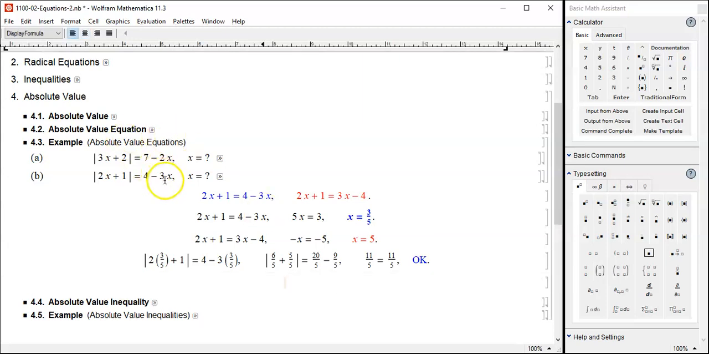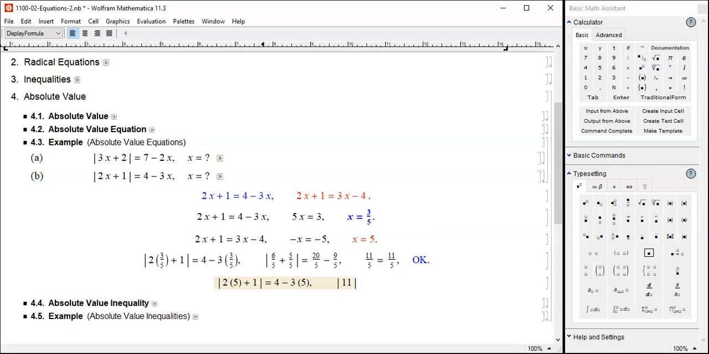How about the second equation here? Absolute value of 2x plus 1 equals 4 minus 3x. But then again, I have to plug in x equal to 5. This is going to be an easier computation. Plug in x equal to 5, so we have